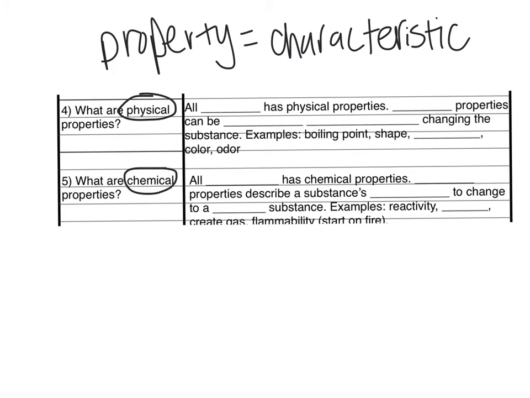So number 4 is, what are physical properties? These are ways that you describe something that you can see with your eyes. So you're not testing it, you're just looking at it, measuring it, feeling it, and then describing the matter based on that without changing anything about it. Okay, so all matter has physical properties. Physical properties can be observed